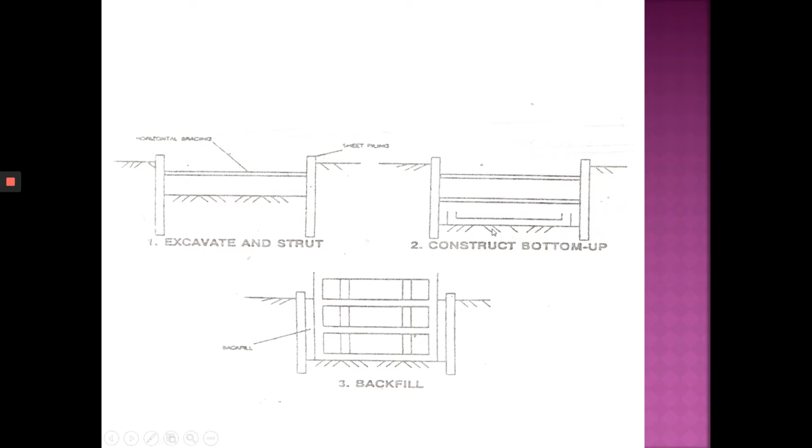The second one, you keep doing the same thing. You dig, you excavate more, and then you will strut the second one. Okay, then you do the slab and also the basement wall. Okay, basement wall, and then you will backfill. Once you backfill, then they will remove out the temporary retaining wall, such as soldier pile and sheet pile. But if it's permanent, then they will just leave it there. It depends on the condition of the soil.